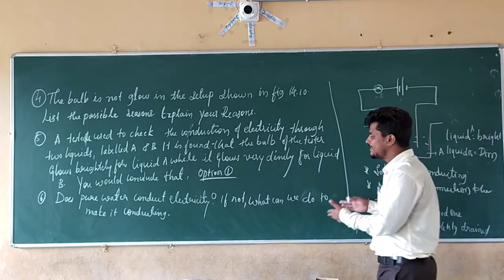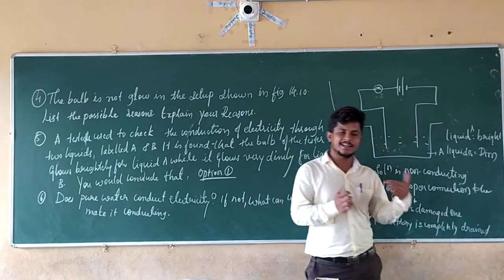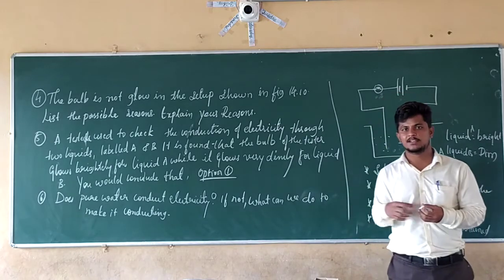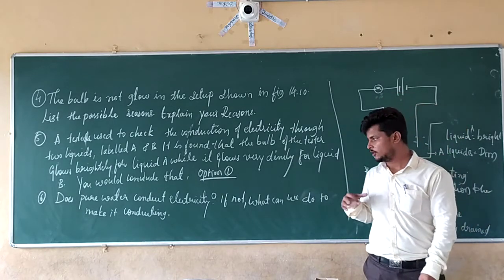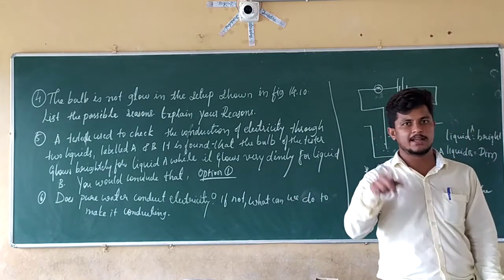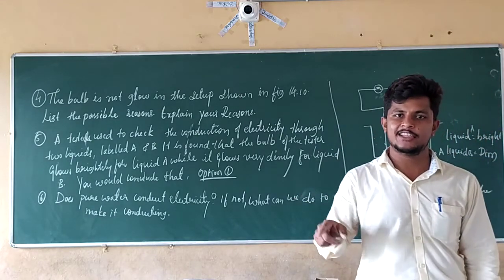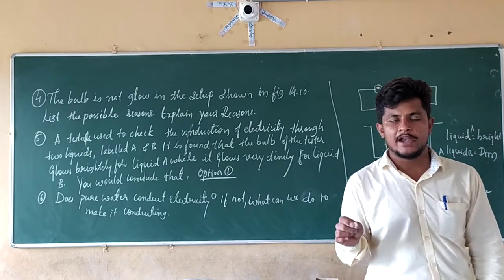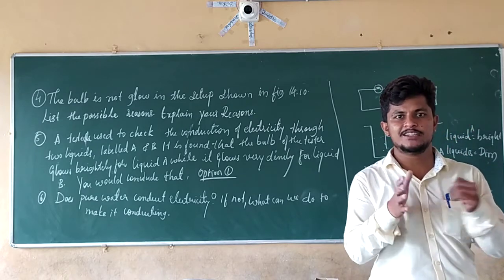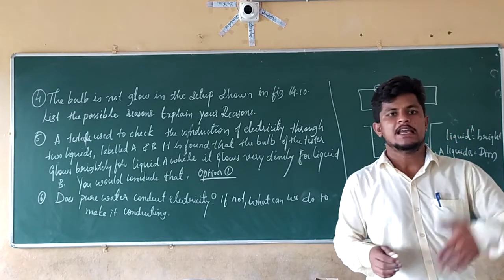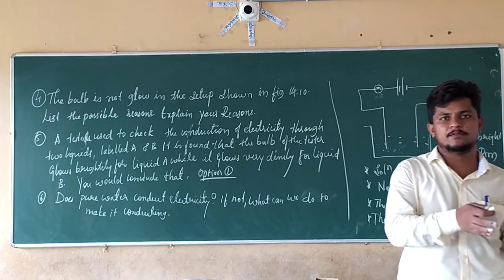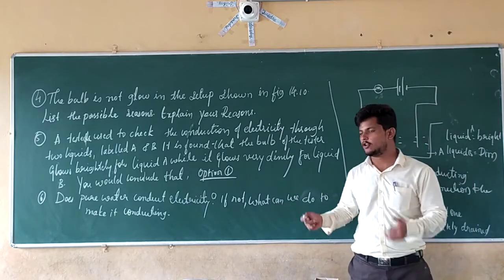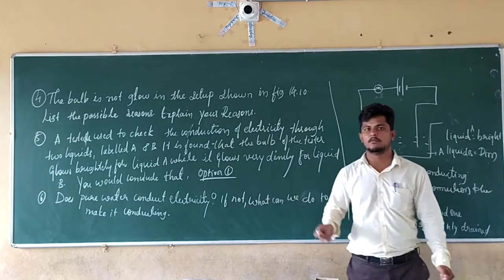So how are we going to make that water conduct electricity? We have done an activity to check those things while discussing the conduction of liquids. If you want to make pure water conducting, what can we do here? We can add a salt, or an acid, or a base solution. By adding those things, they are going to dissociate into their ions. Because of that dissociation, those ions are going to carry the electricity from one point to another point. So by adding salt, acid, or base, we can make pure water a conducting material.